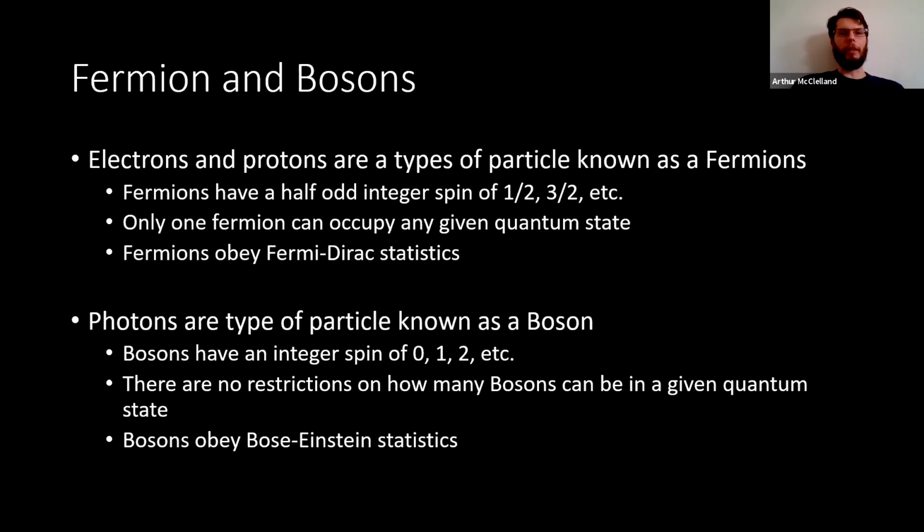But I wanted to have the compare and contrast between fermions and bosons. Bosons can all be in the same state. All the photons can be in the same state, and this is how we end up with a laser. In a laser, all the photons are in exactly the same state, and that's why it lases.